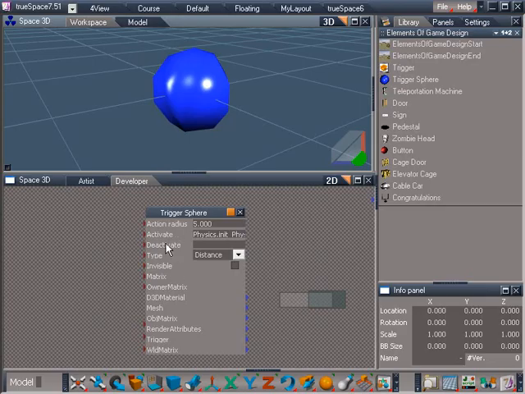Now let's actually take a look at the trigger settings and see what exactly they do. We have the action radius. This determines the distance at which the trigger will get set off. Right now it is set to 5, so if an avatar gets within 5 units from the trigger, it will